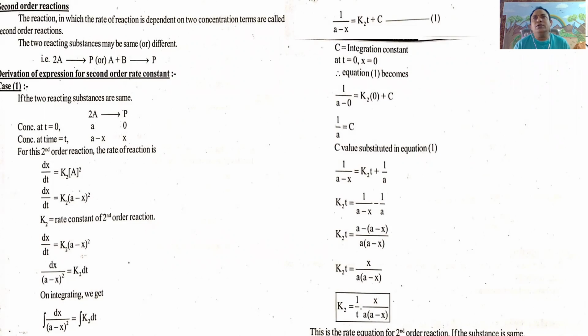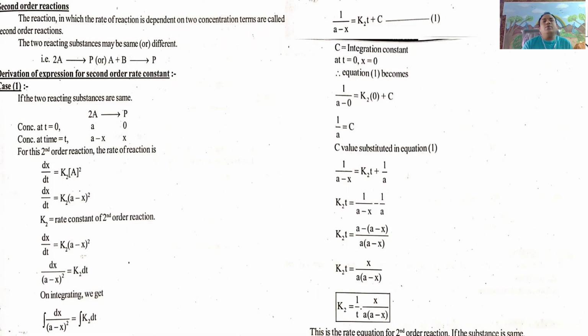Means that is while plotting the graph between the concentration of either reactants or products versus time, here that is the slope of straight line equal to K1 by 2.303. We can calculate the K1 value. These are the main characters of first order reaction, and examples for first order is completed.